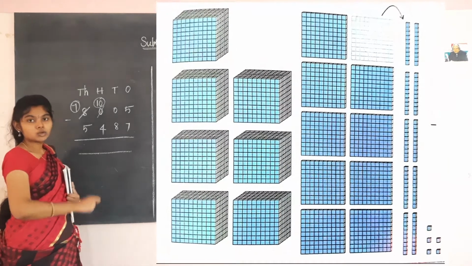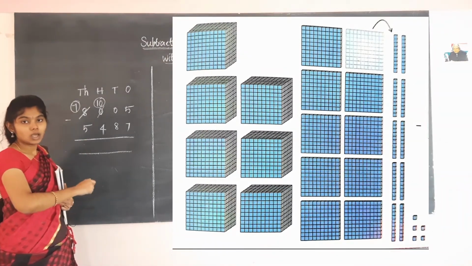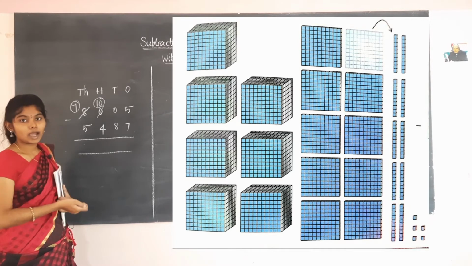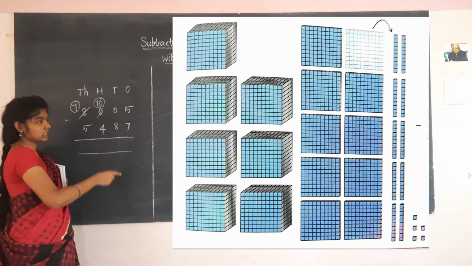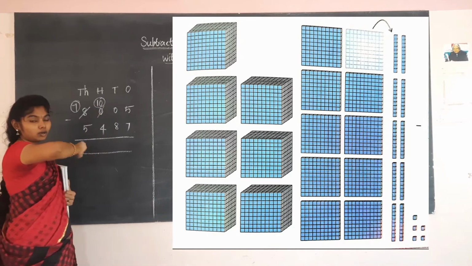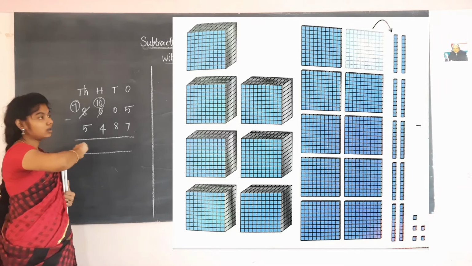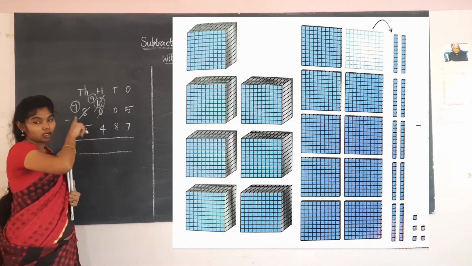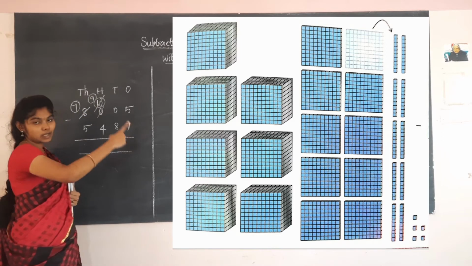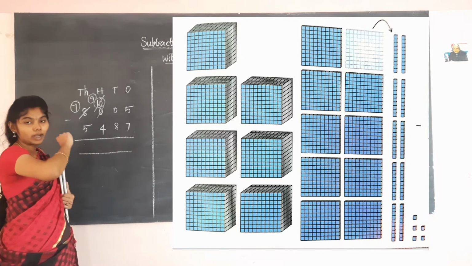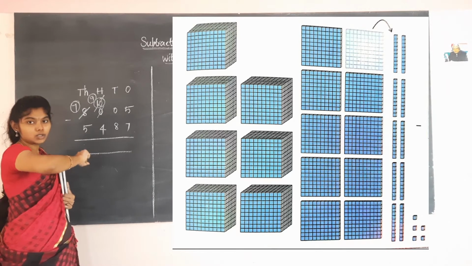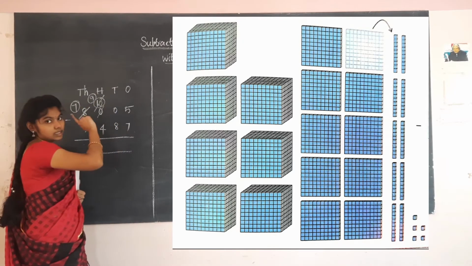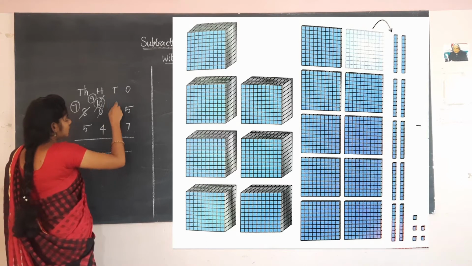Now you are going to remove 1 rod from those 10 hundreds, from the flats. After removing that, how much will you get? You will get 10 tens. After removing 100 from the 10 hundreds, you get 9, so write 9 before the 10. There will be 9 hundreds now. In the tens place it will be 10, that is 10 rods. After removing 1 flat from the 10 hundreds, you get 9 hundreds and 10 tens. So write 10, cancel this 0 and write it as 10.